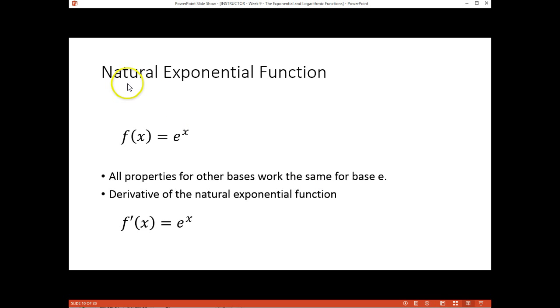Now we do have what's known as the natural exponential function. This is f of x equals e to the x. E is actually a number, I think it's 2.718, etc. It's kind of like pi. It's an irrational number. It never repeats itself. However, it has a very powerful property in the fact that the derivative of f(x) equals e to the x, f prime of x is equal to e to the x as well. In fact, it's the only function, other than the function f of x equals 0, a horizontal line, whose derivative is itself.